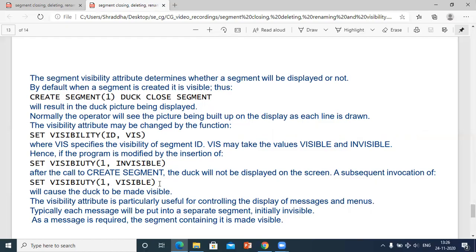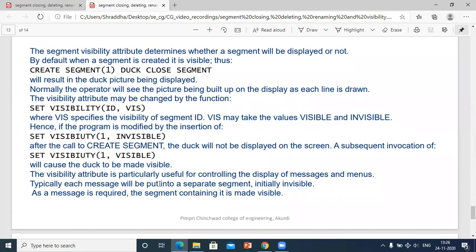So the visibility attribute is particularly useful for controlling the display of messages and menus. Typically each message will be put into a separate segment, initially invisible. As a message is required, the segment containing it is made visible.